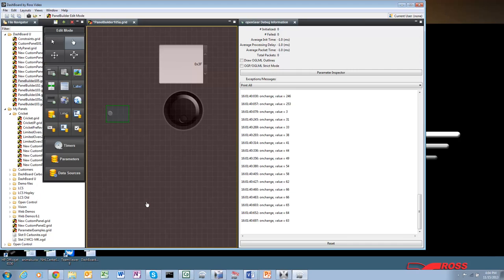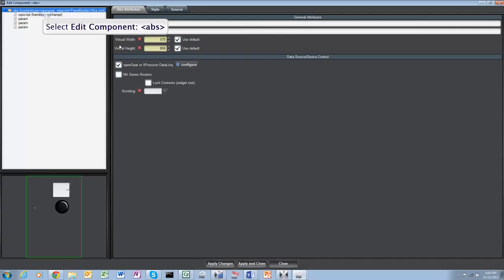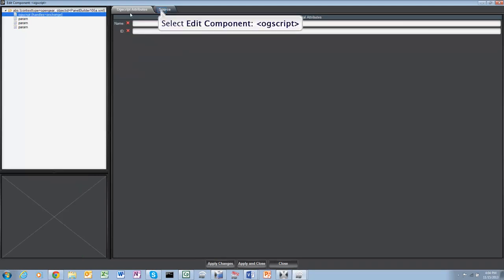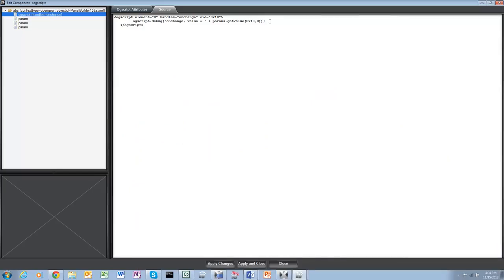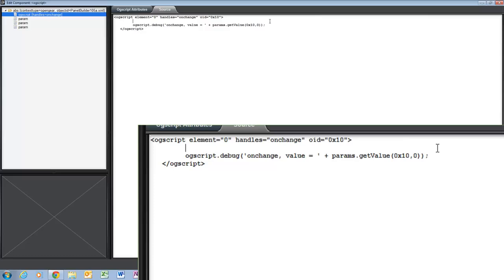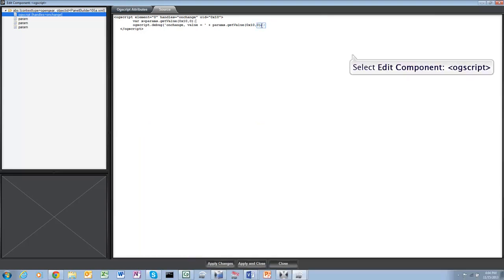So now we have our LED. We can actually turn that on or off depending on whether this is an even number or not. So I'm going to go back into my script and let's clean this up a bit. I'm going to use this value quite a bit, so declare a variable, call it x, and initialize it to params get value 0x10, and then I can use x here